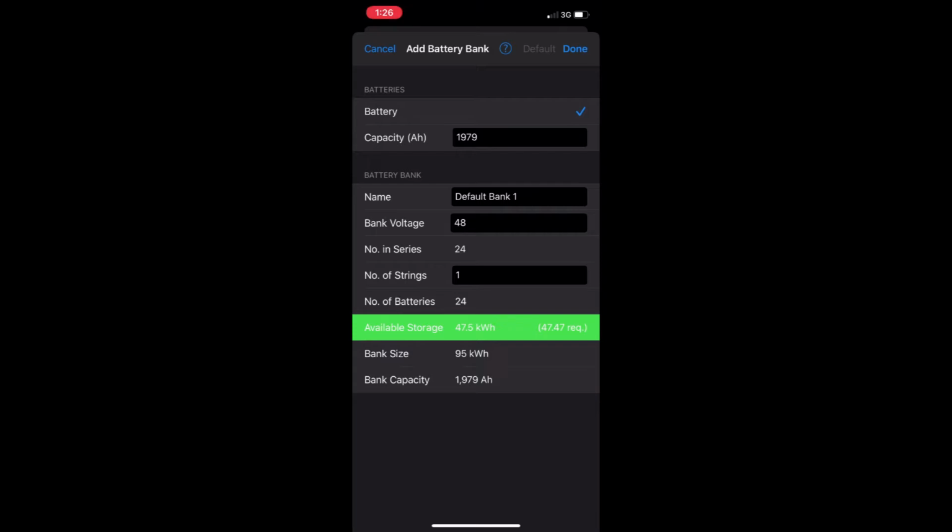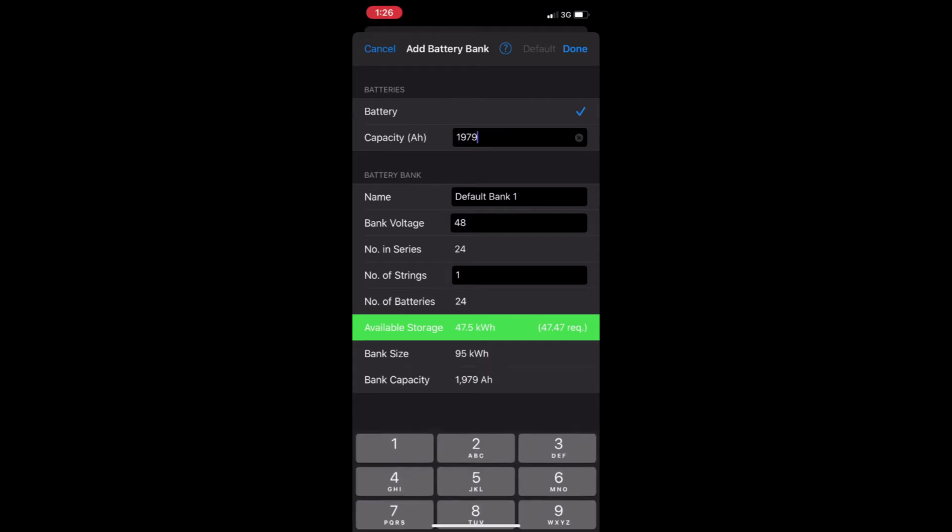First figure we need to check is the capacity in amp hours, which is a measure of battery capacity calculated by looking at how many amps over time, measured in hours, can be discharged from the battery. In our case it's unlikely we'll find a 1979 amp hour battery, which would also be massive and difficult to move, so let's change that to 1000 amp